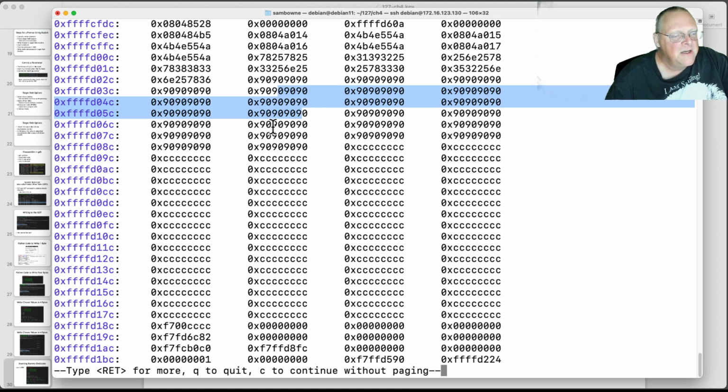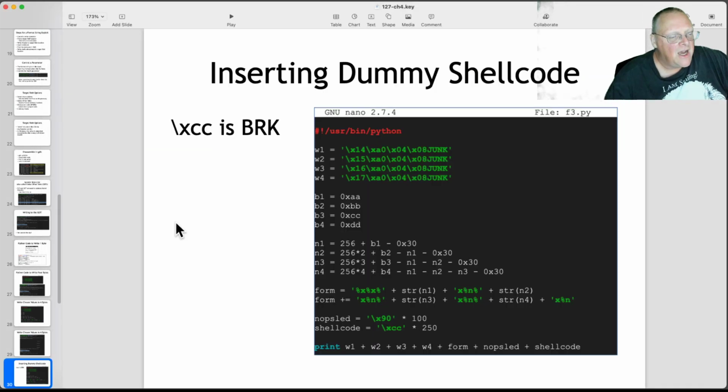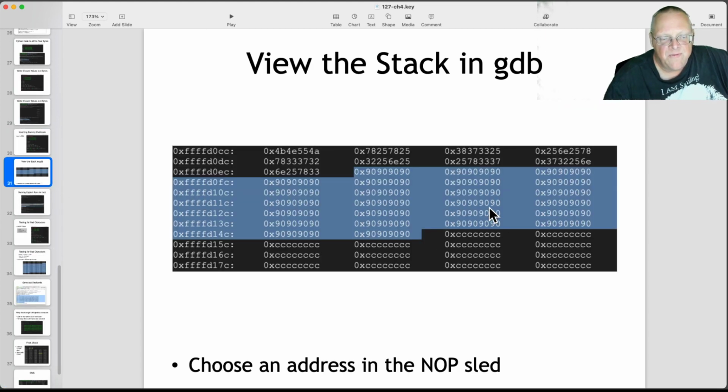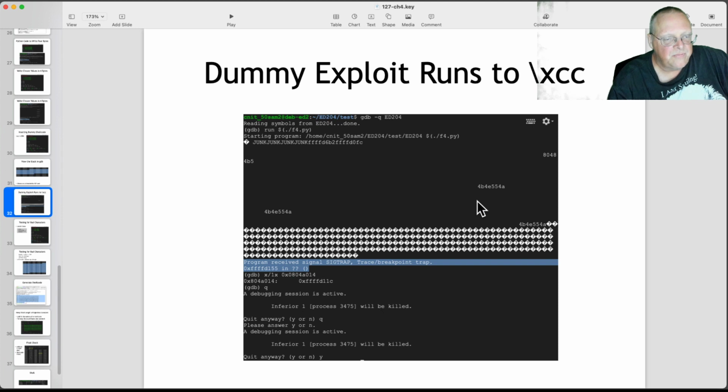All right, so let's go back to my slides. We've inserted the dummy shellcode, we found it on the stack, and we ran it, and it hit the trace breakpoint trap, which is what it would do, indicating that it did slide down the NOP sled and hit the CC.